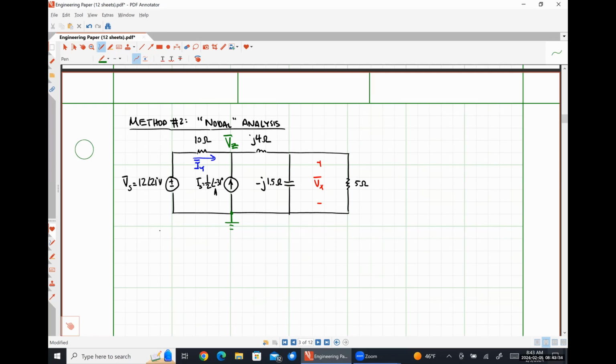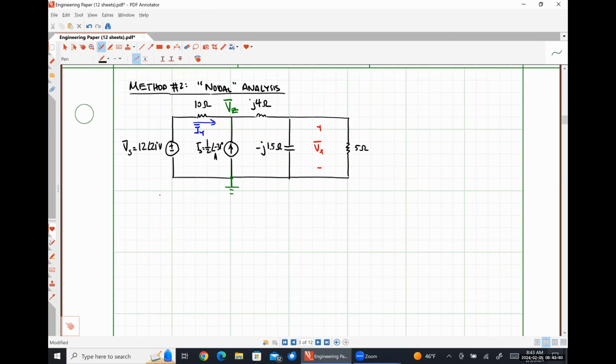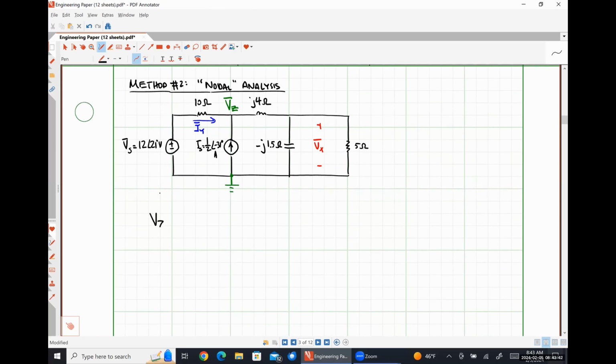So if I apply Kirchhoff's current law at node Z, what I'm going to have is VZ minus 12 angle 21 degrees volts divided by 10 ohms, minus IS, so 1/2 angle negative 31 degrees amps, plus VZ over,